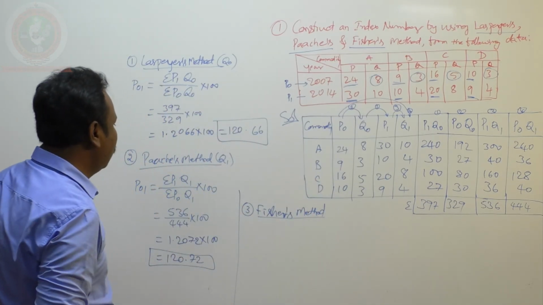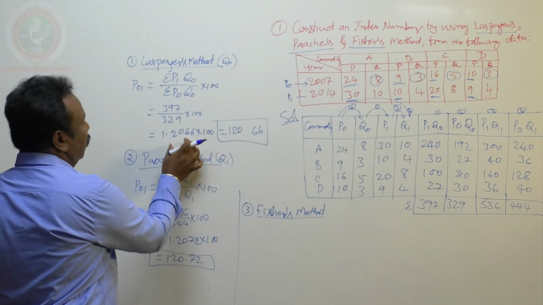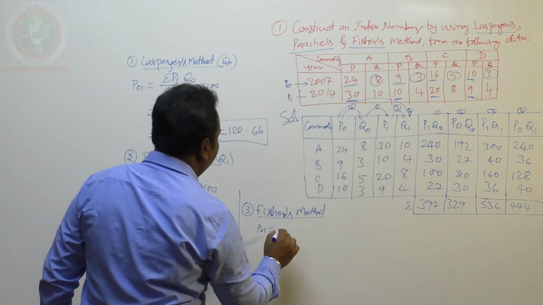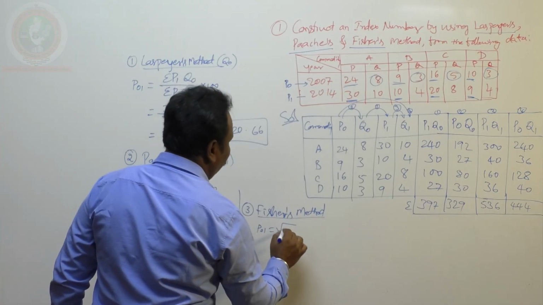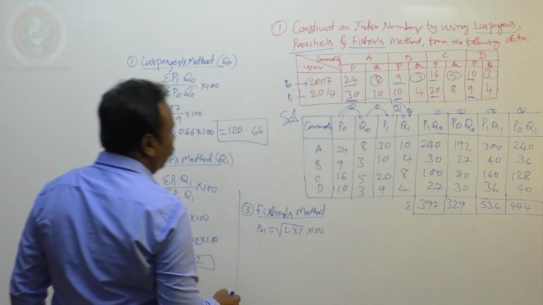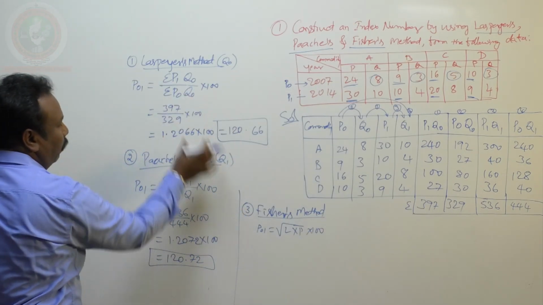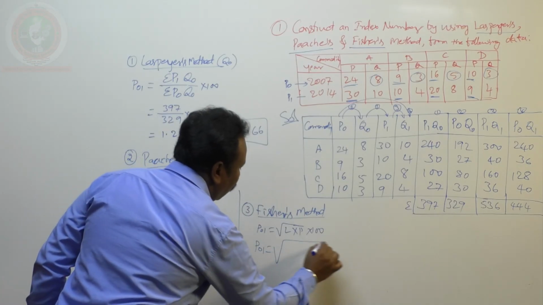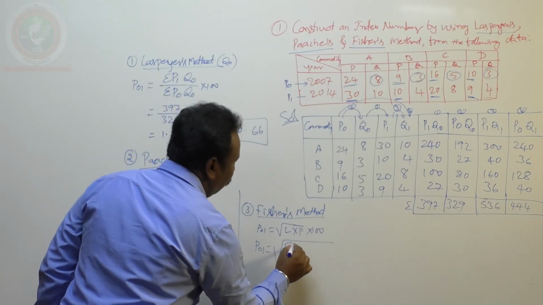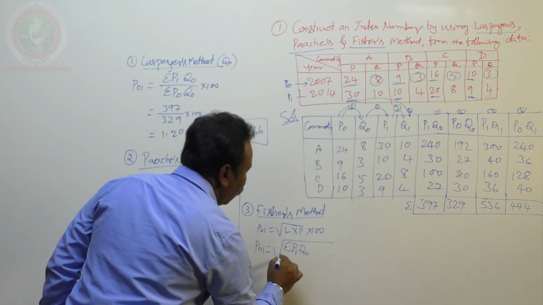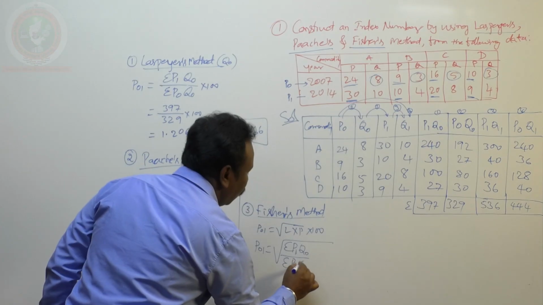The formula for this, what is that? Index number P01 equals square root of Laspeyres' method into Paasche's method into 100. Same thing, the formula can be extracted here, that is P01 equals square root of sigma P1 Q0 divided by sigma P0 Q0